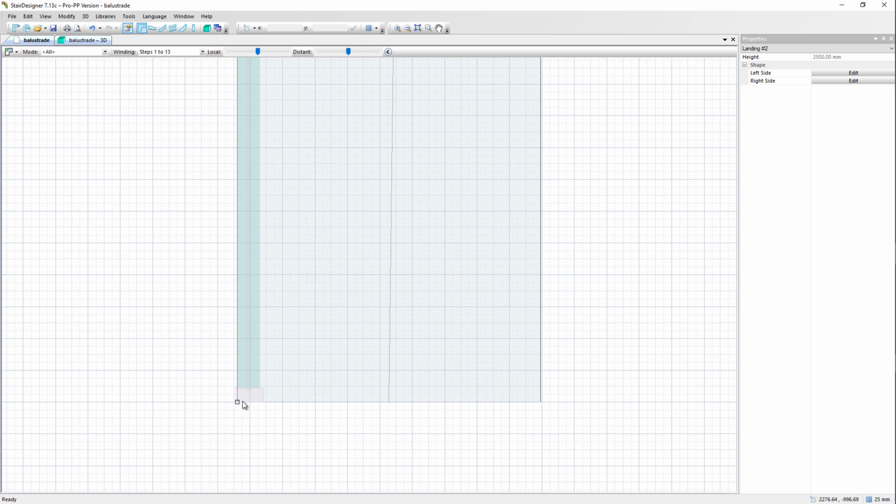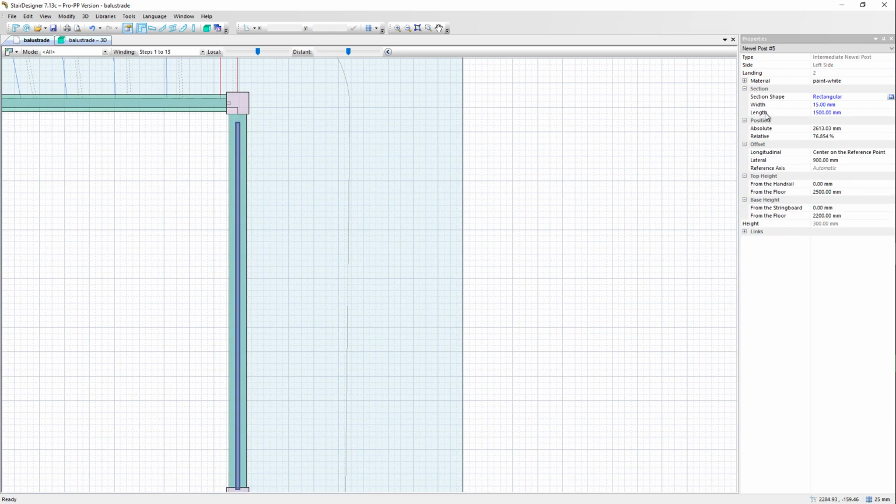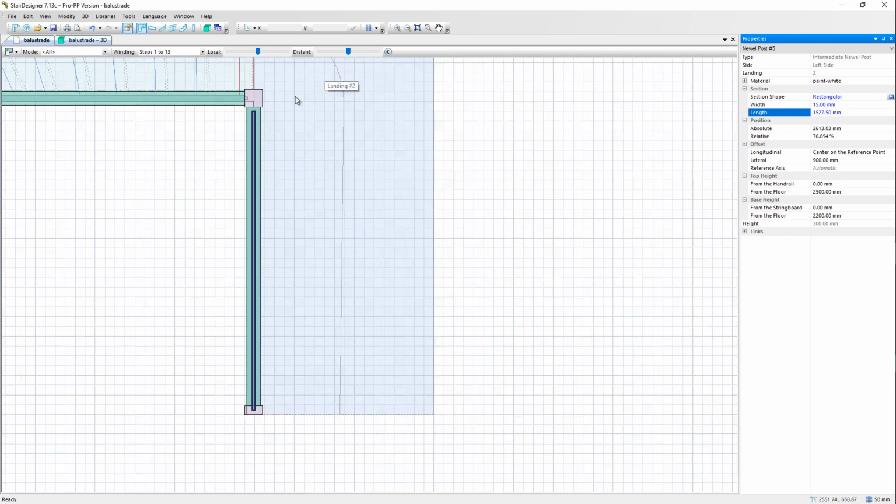1572.5 minus 45. That will be 1527.5. So we change here now in the property screen the length to 1527.5. This gives us the correct length. Now we are going to check